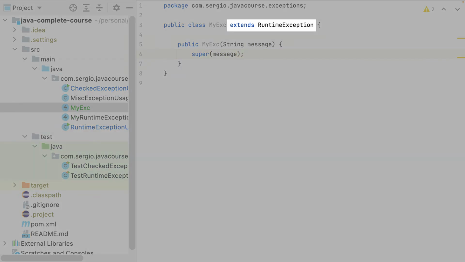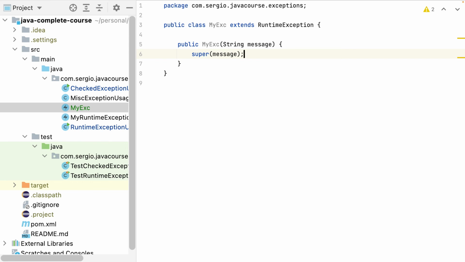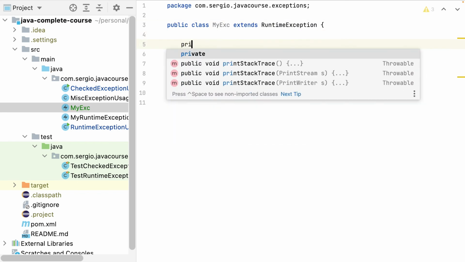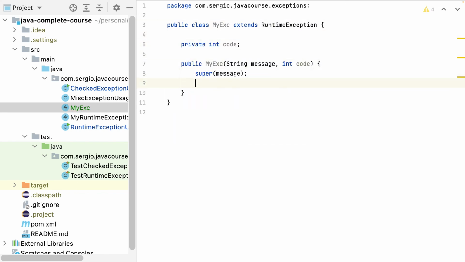I must extend my class to RuntimeException. Then I can have whatever variables I want inside the class. And to use it,